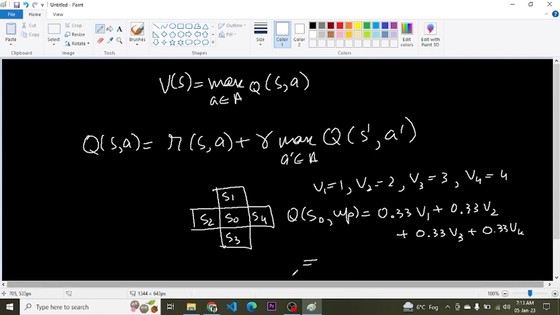So we have 0.33 into V1 plus 0.33 into V2 plus